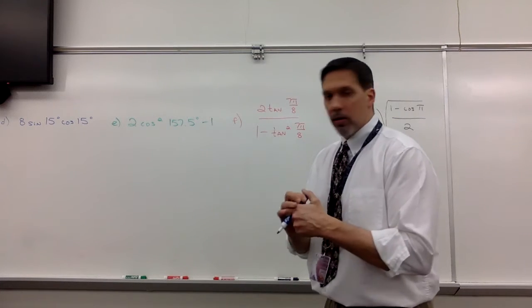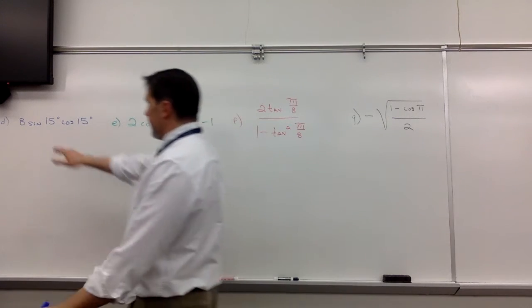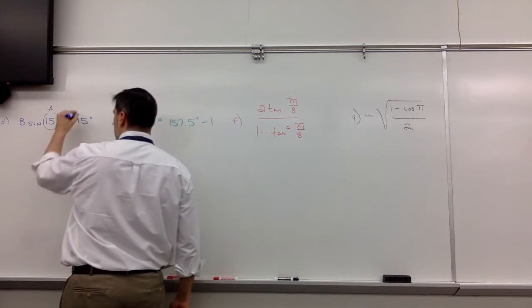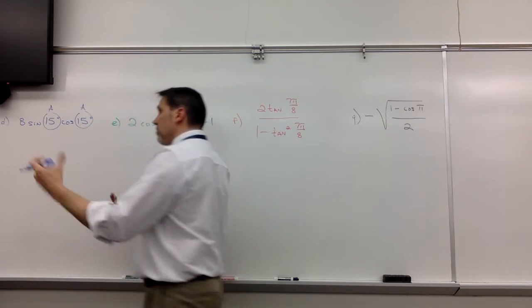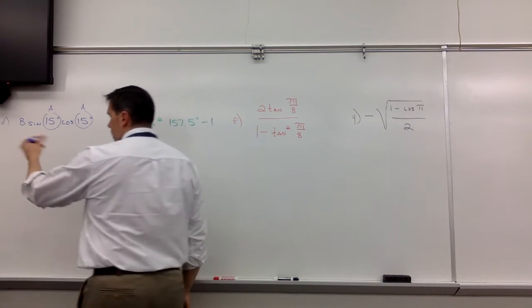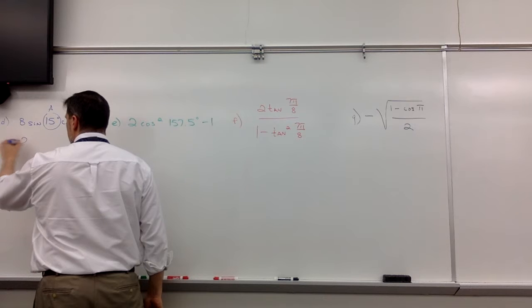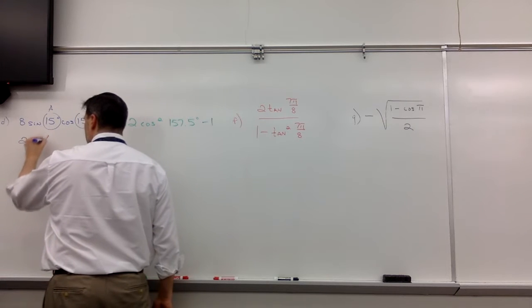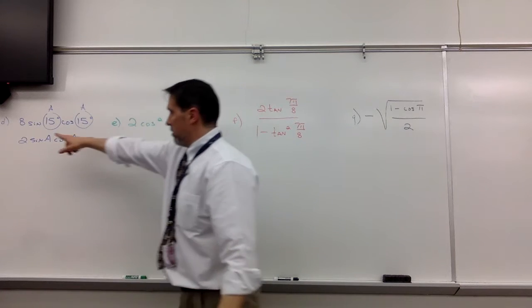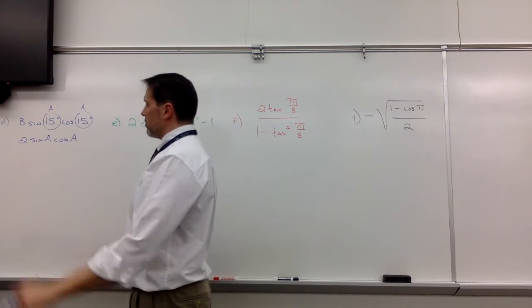Let's keep rolling here. Letter D. We have 8 sine 15 cosine 15. Now, I don't think it helps much to say, well, this is A, this is A. But it actually does. There's something similar to this, not exact. We're looking at something that said 2 sine of A, cosine of A. That would have been great had we been given a 2 instead of an 8, but it's really not that